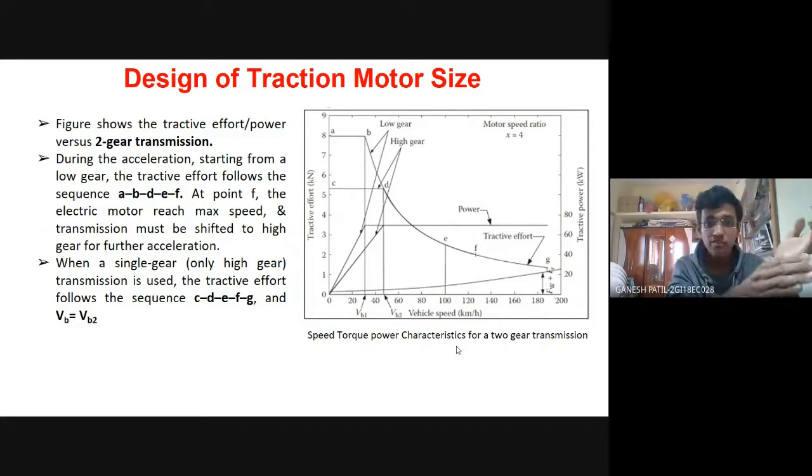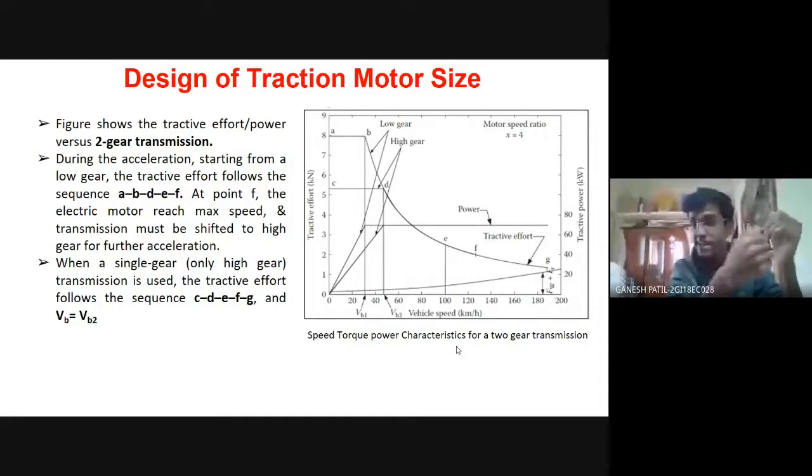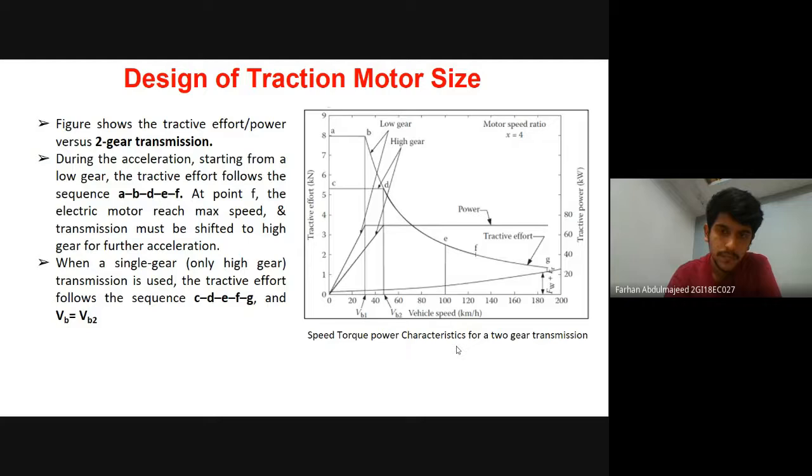So here we have a two-gear transmission. Basically, the tractive effort versus vehicle speed graph is shown. Our EV will be using a single gear, but in the case of a two-gear transmission, the vehicle will follow a certain graph. Curve ABDEF is for the lower gear, where we get higher torque but the vehicle operates at lower speeds. After that, for curve CDEF, when the maximum limit for the first gear is reached, the gear ratio can operate only up to a certain RPM limit. So the user switches to second gear, where the vehicle has already gained some inertia, so it will not require that amount of torque. At that time we increase the speed, and we can reduce the required torque by increasing the gear ratio.